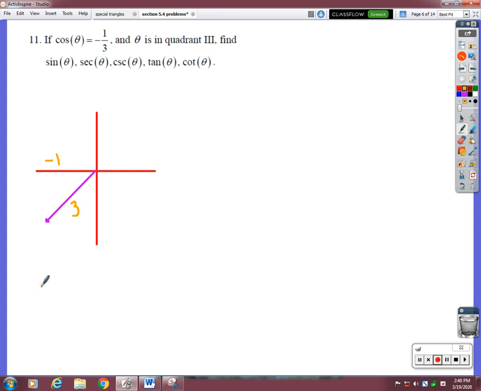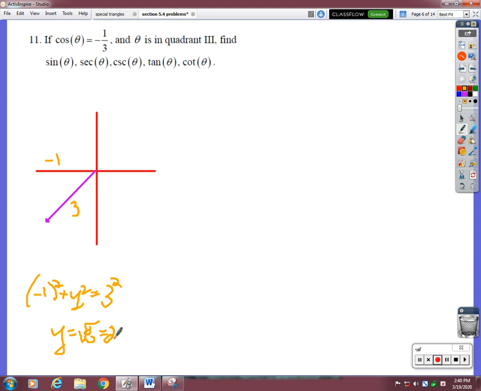Again, with a simple application of the Pythagorean Theorem, we would get this, which would tell us that y would be equal to the square root of 8,